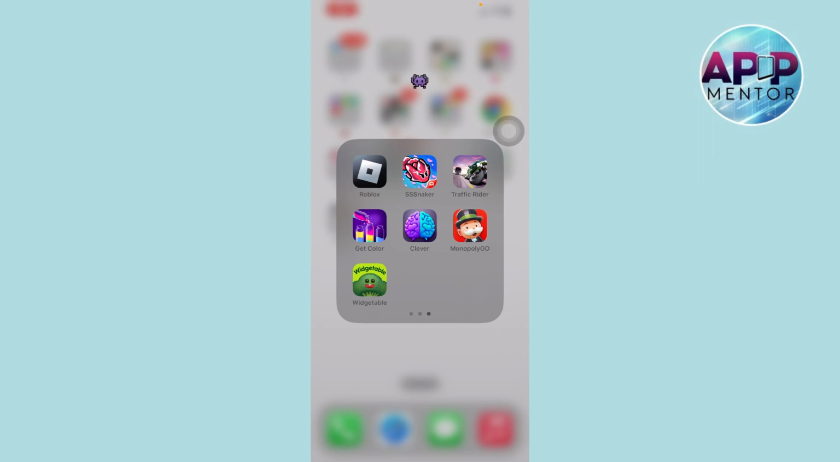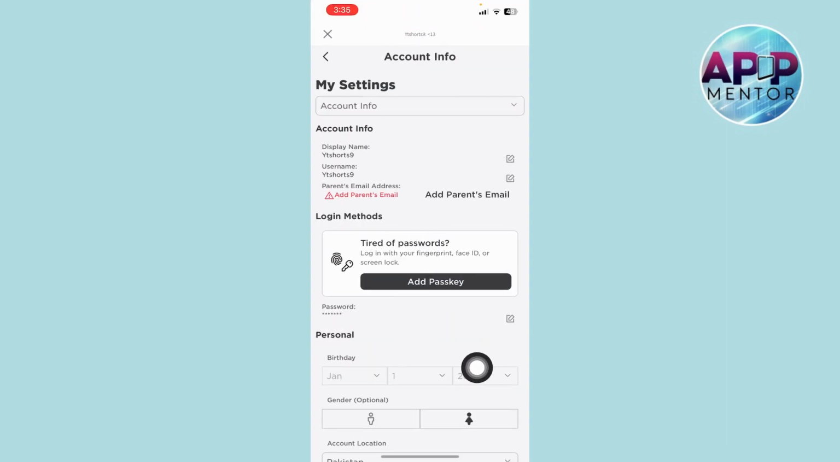How to reset your Roblox account PIN code. Hi guys, in this video I'm going to guide you on how you can reset your Roblox account PIN code. So let's dive in. If you open your Roblox and it just asks you for your PIN